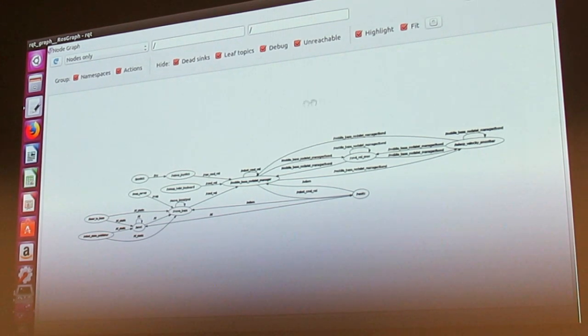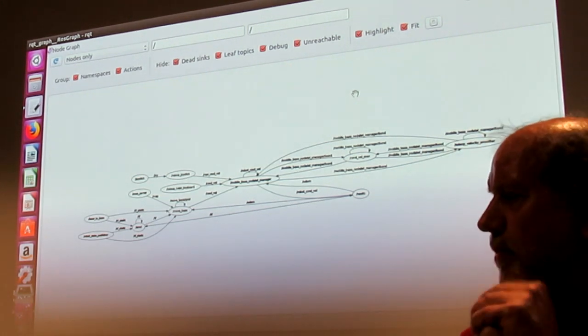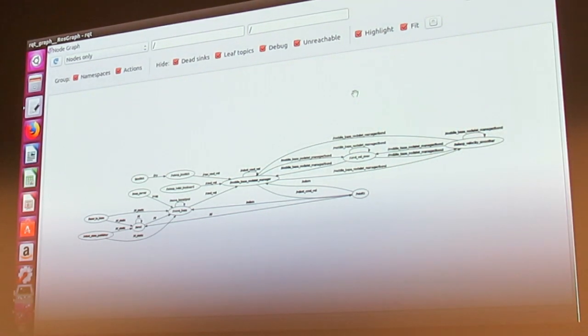So let's see here. Regardless, these are the nodes, and basically ROS is a publish subscribe architecture. And here you see the various publishers and subscribers on their threads. The messaging is passing through the threads. And with our robot, you plug into the USB and you have access to the wheels and the encoders and